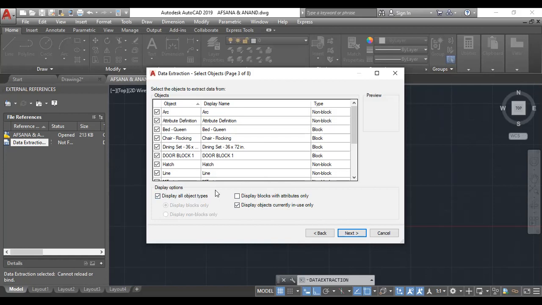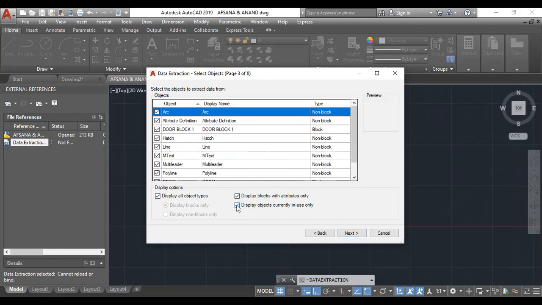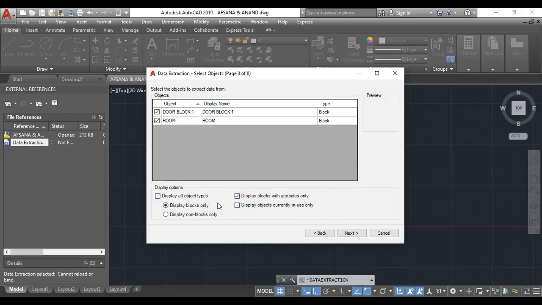So that is based on our need. So now I am moving with display blocks with attributes only and unchecking all the other ones. When I'm selecting this, you can also go for display blocks only and display non-blocks only. So I'm going with display blocks with attributes only.